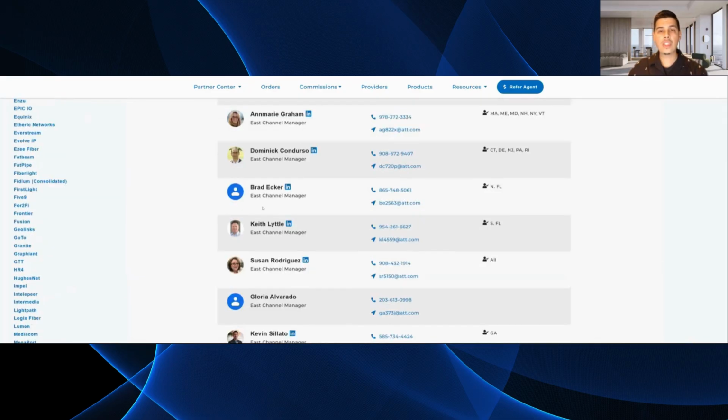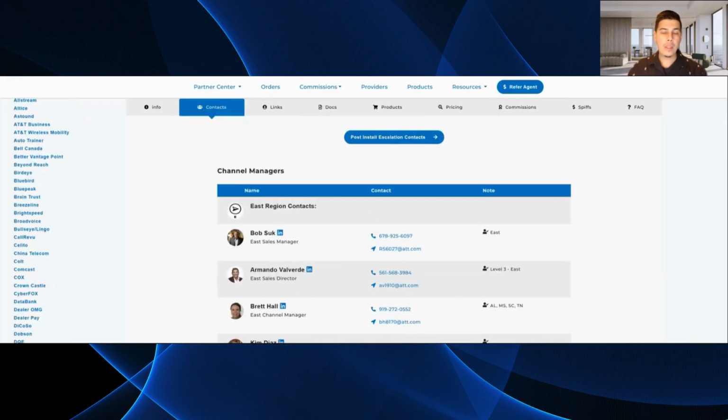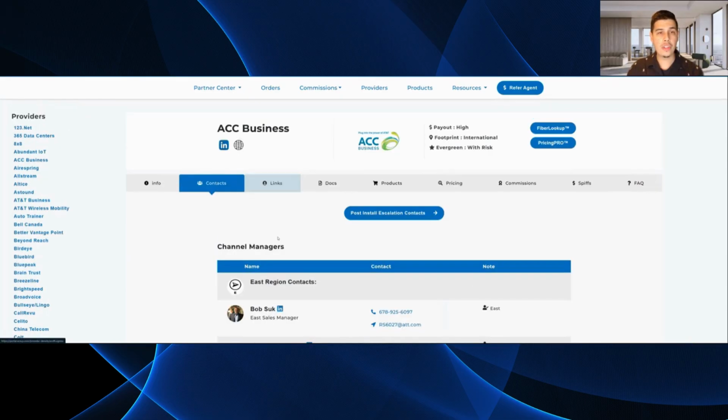And you can see this is a plentiful table with all this information about the different channel managers. One thing we like to do is connect you with the local channel managers with the providers you're working with, right? If you're working with ACC Business or Vonage or Frontier, whoever these channel managers are, we want to connect you with the local channel managers because one, they're